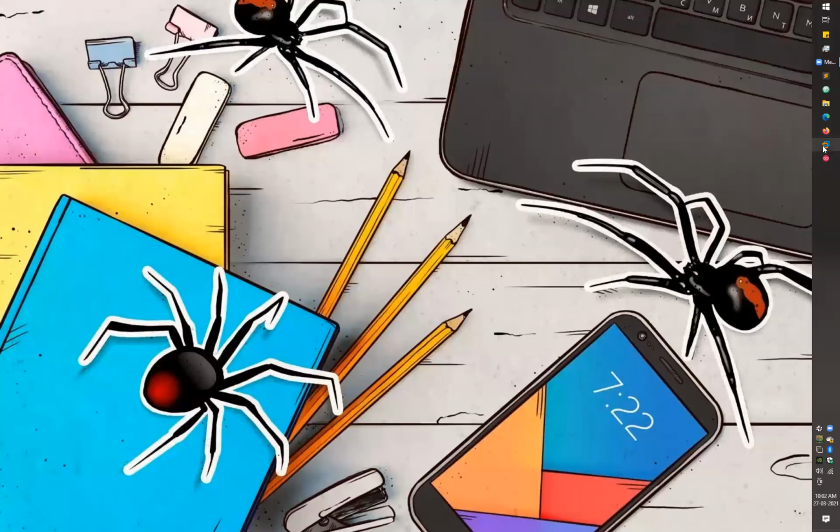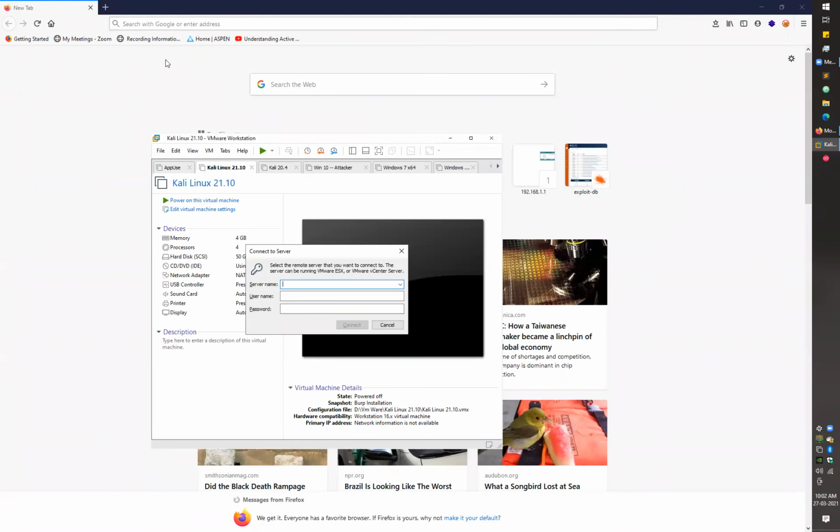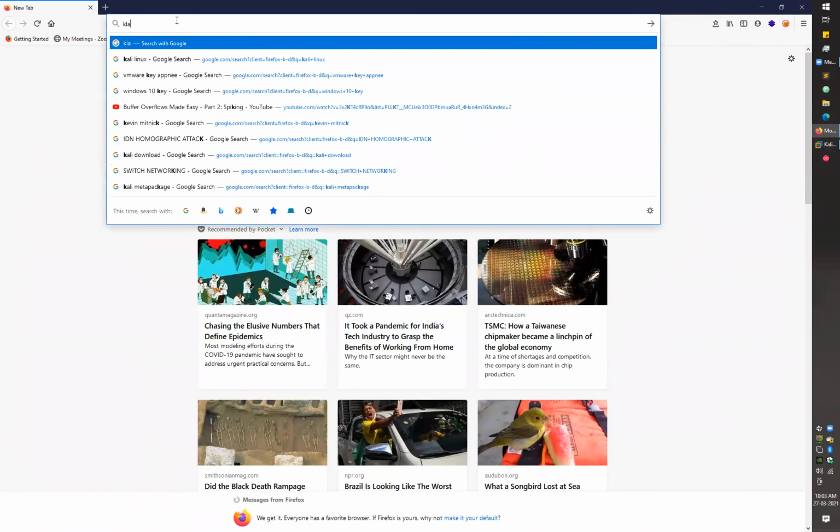You have to install VMware first thing, and I hope you can do that part. Other than VMware, you have to install two kinds of machines in VMware. The first one is Kali Linux. You have to download it, and then you can install it later. You can just go to Google and search for Kali Linux